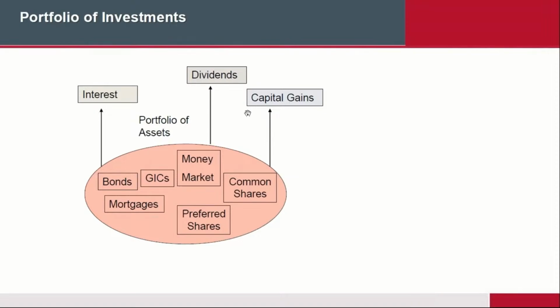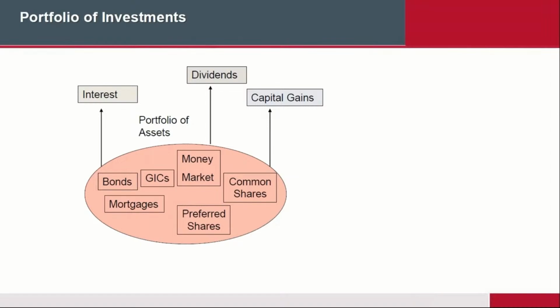Those are the only three different kinds of income that you can get from your portfolio. Depending on the mixture of your portfolio, it may be very heavy in interest and very little on dividends and capital gains. On the other hand, if you put a lot of money into preferred shares, for example, it'll be very high on dividends, very low on interest. If you put all your money into common shares, you can be very high in capital gains and maybe very little in dividends and very little in interest, okay? So depending on the portfolio mixture, you will then get only three kinds of income.